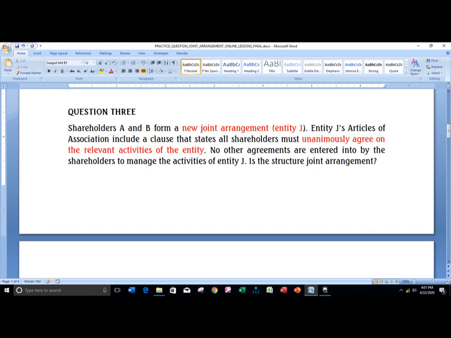So no other agreement is entered into by the shareholders to manage the activities of J. Then the question now is, is the structure a joint arrangement? Definitely, it's a joint arrangement. It's a joint arrangement because the structure is a joint arrangement, based on the fact that